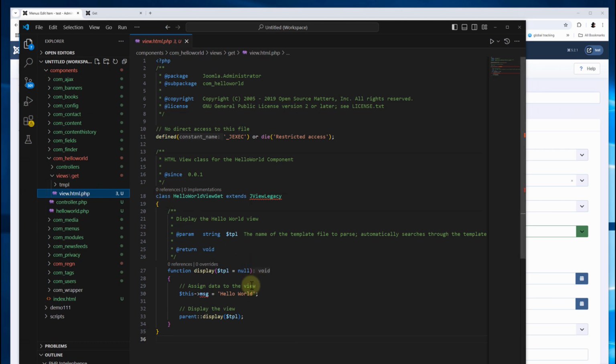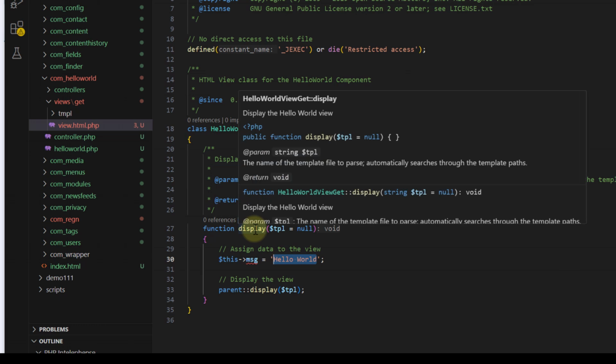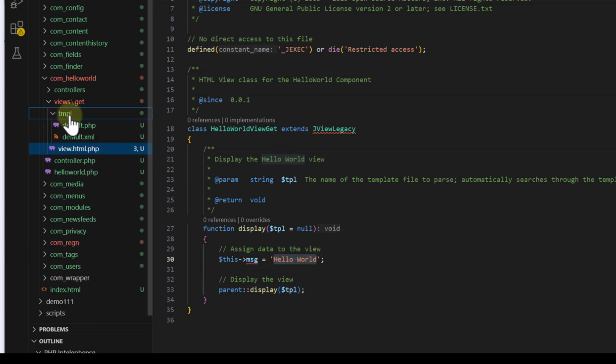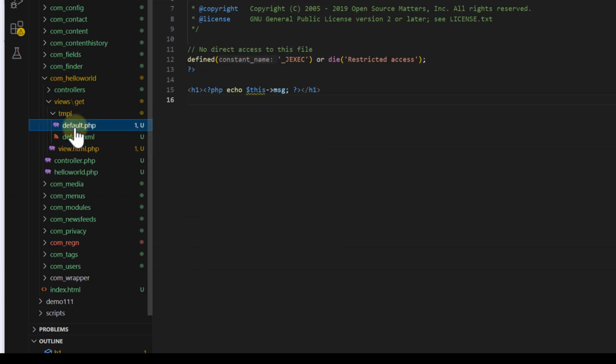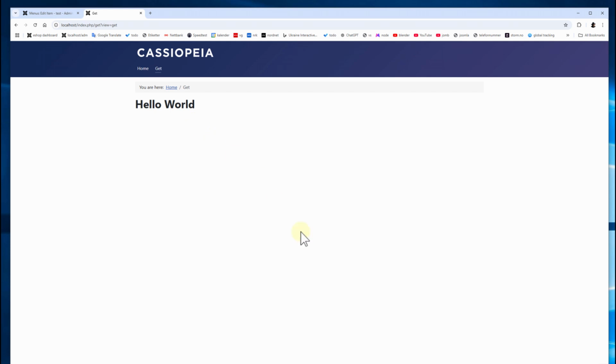And looking into this file, we see that the hello world text is here. It is allocated to a message variable in this hello world view class. And here is also a method display, which is going to display this message in a template, which is found here in this template folder. And it is this default file which is going to be processed now as the default template. Going to this file, you see that this message is echoed in the front end side. That we can see here. So now we have installed this component